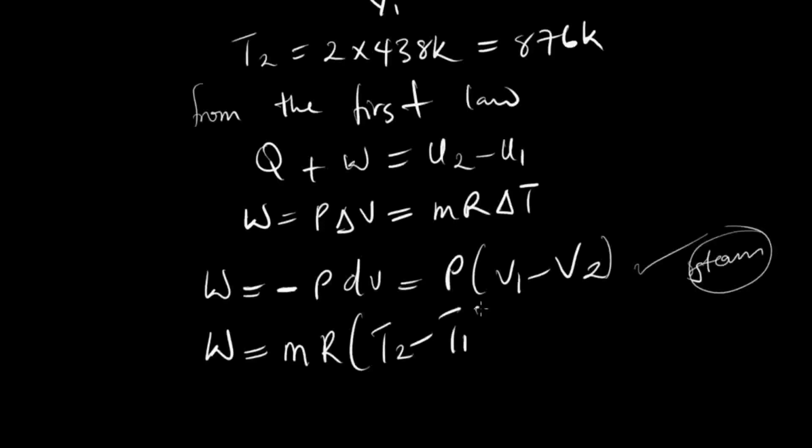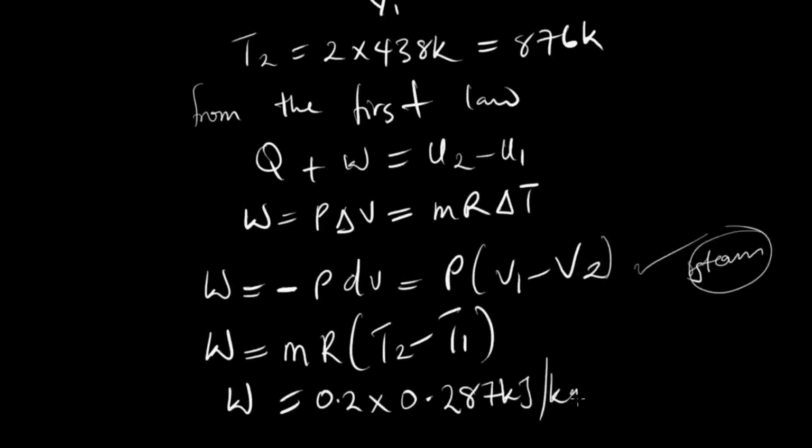So work done will now be, we have our mass 0.2 times the value of R, 0.287 kilojoules per kilogram Kelvin, times T2, which we got as 876,